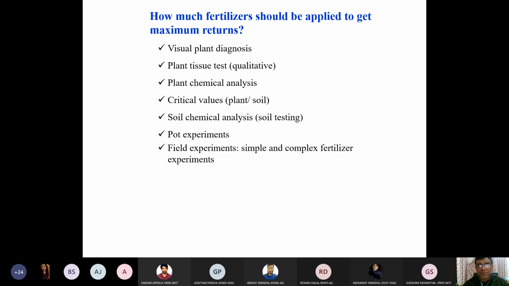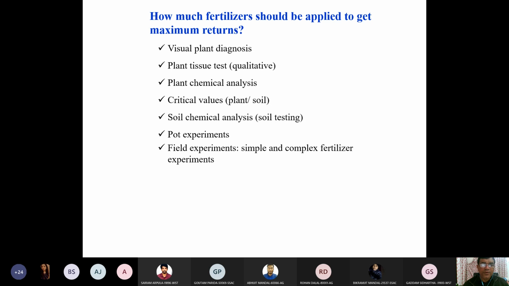Number two is plant tissue test. Okay, plant diagnosis is not giving me an answer. Let us go to the next step. That is plant tissue test. So certain rapid tissue analysis is possible. One can take plant samples, maybe leaf, maybe shoot, maybe any part of the plant which is recommended, and